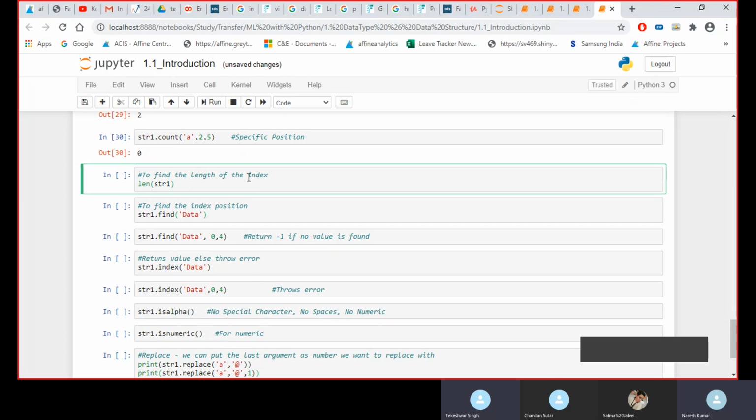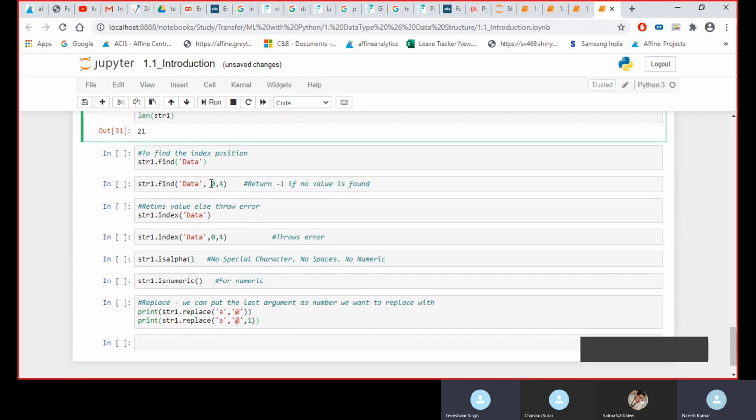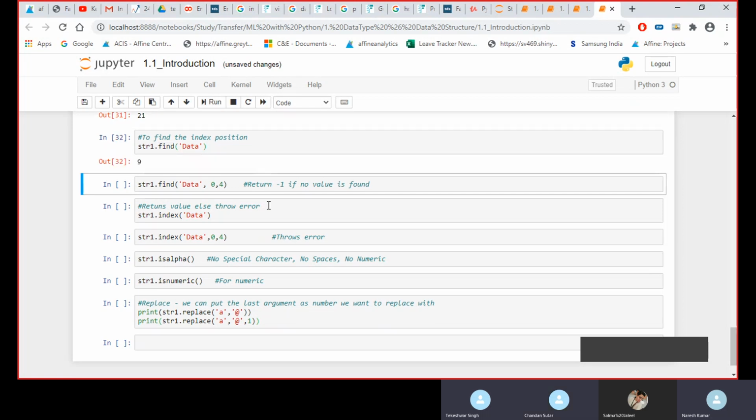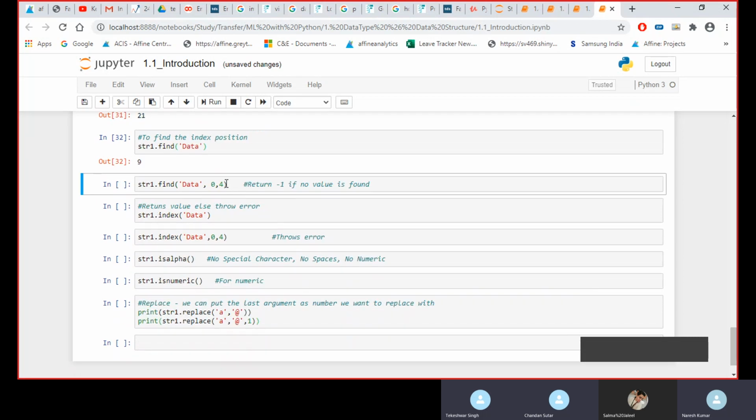If you want to see the length of your string, you can use the len command. If you want to see the index position of your data, where it is written, you have to use the find command. If you want to check a specific position, you can use this.